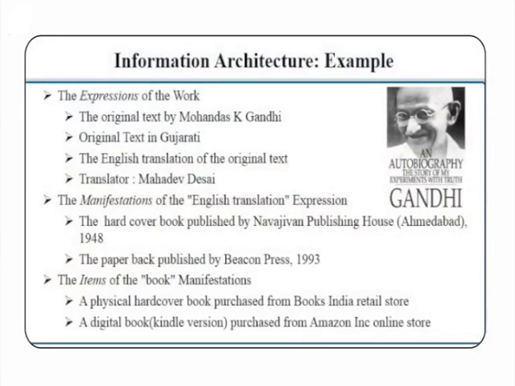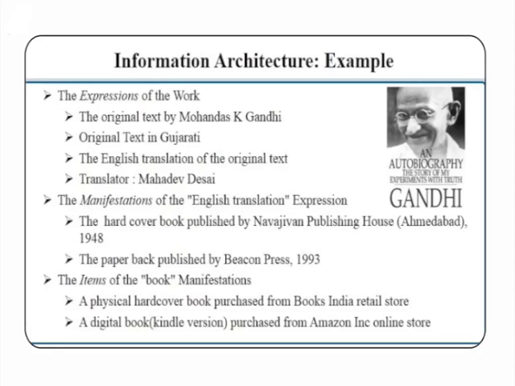For content modeling, we'll take an example. Let us consider The Story of My Experiments with Truth. It is an autobiography of Mohandas K. Gandhi, covering his life from early childhood through to 1921. It was written in weekly installments and published in his journal Navjivan from 1925 to 1929. Its English translation also appeared in installments in the other journal, Young India.